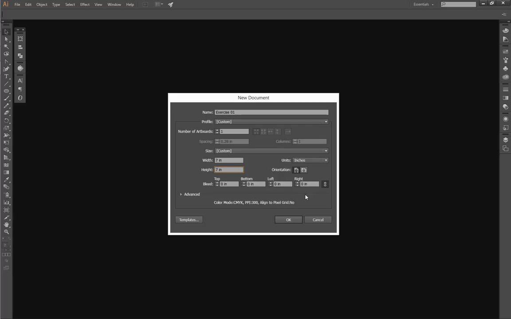Bleed, this is if we needed to have an area where the document would be trimmed down. Say we had full color all the way to the edge. We would set this up and make sure that our color went as far as that. This is more into the realm of graphics design and publication design than we're going to be dealing with. So this is all set. I'm going to click OK,